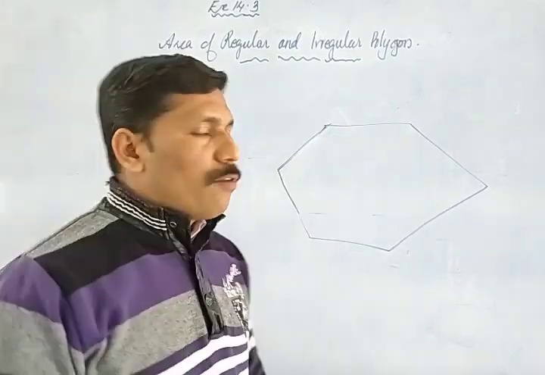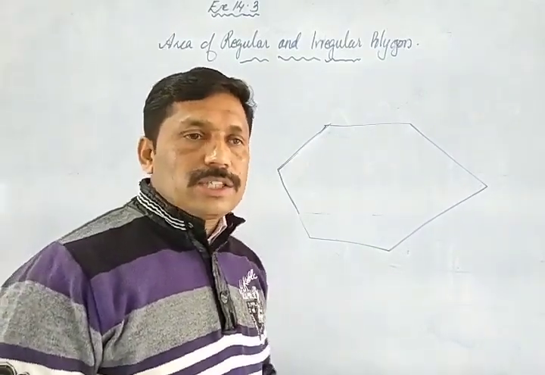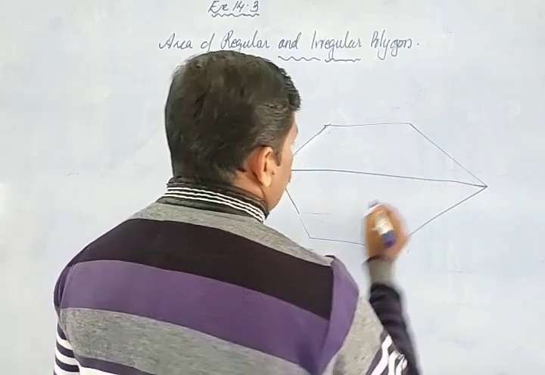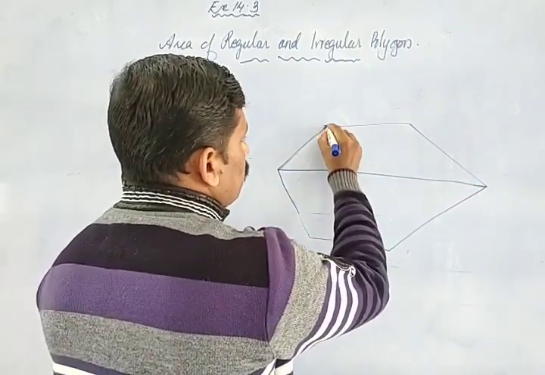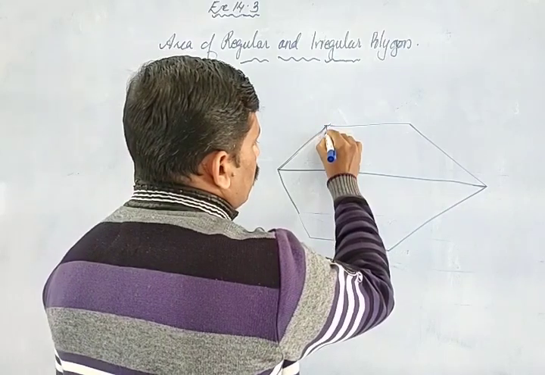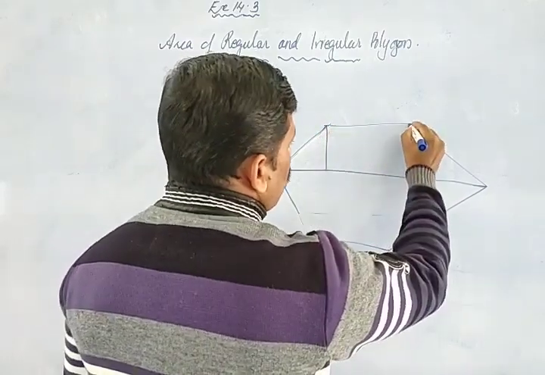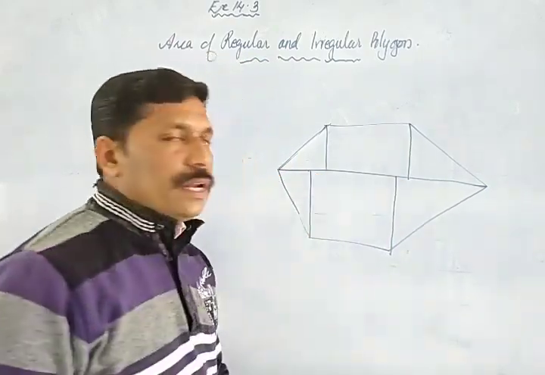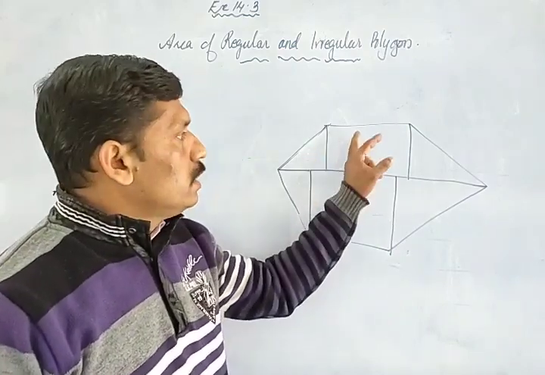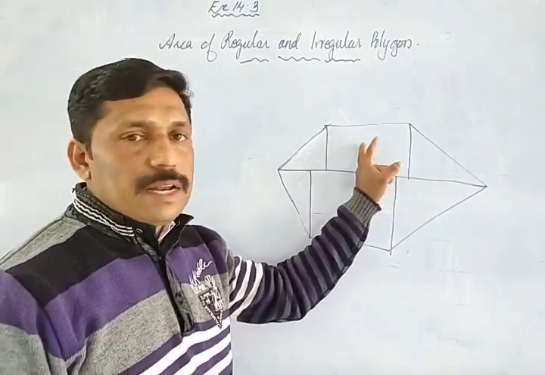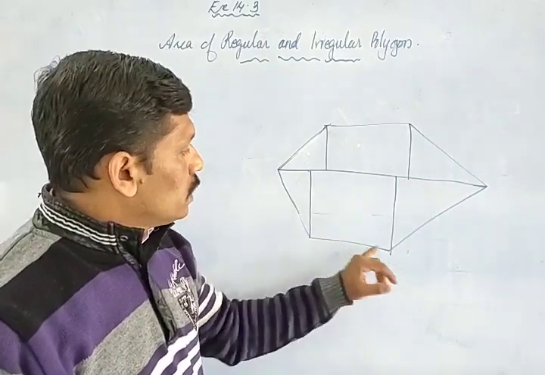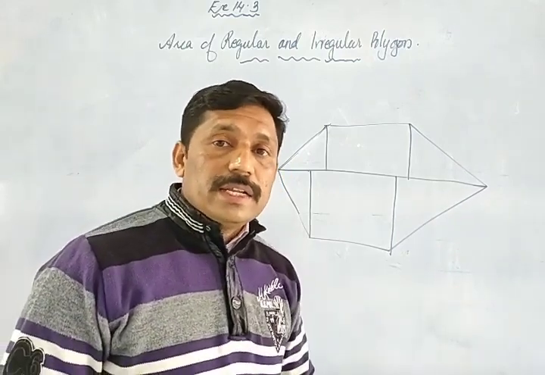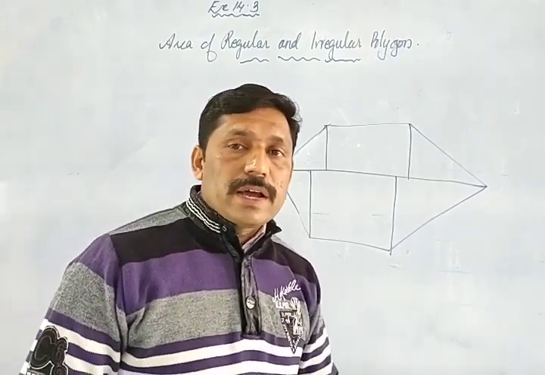So in order to find out the area of the land, this irregular shape we divide. The farthest points we connect by a diagonal, and from each main bend we draw a perpendicular and divide it into different figures, and then we find out the area of each figure. This is a triangle, we find its area. This is a trapezium, and this area we find out. This is a triangle, this is a triangle, and this is a square. So all these areas we find out and then add them together. In this way we can find out the area of an irregular polygon.